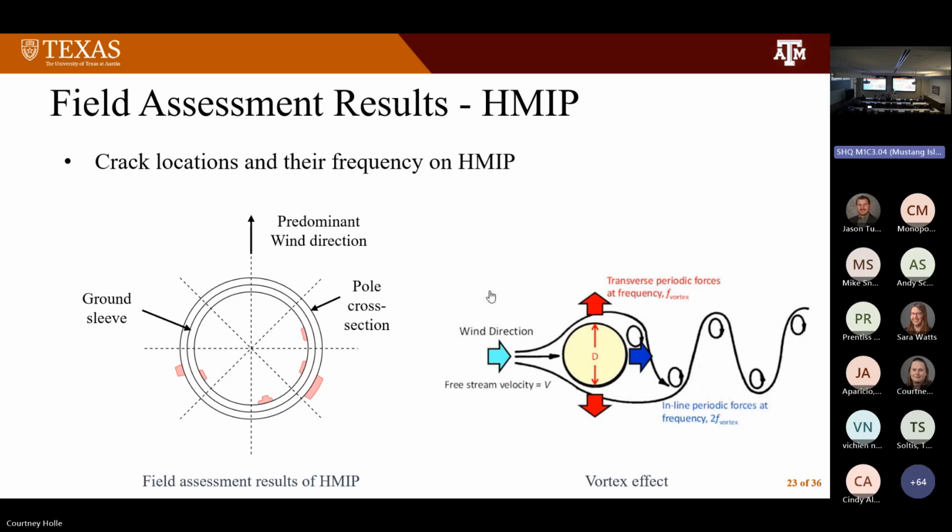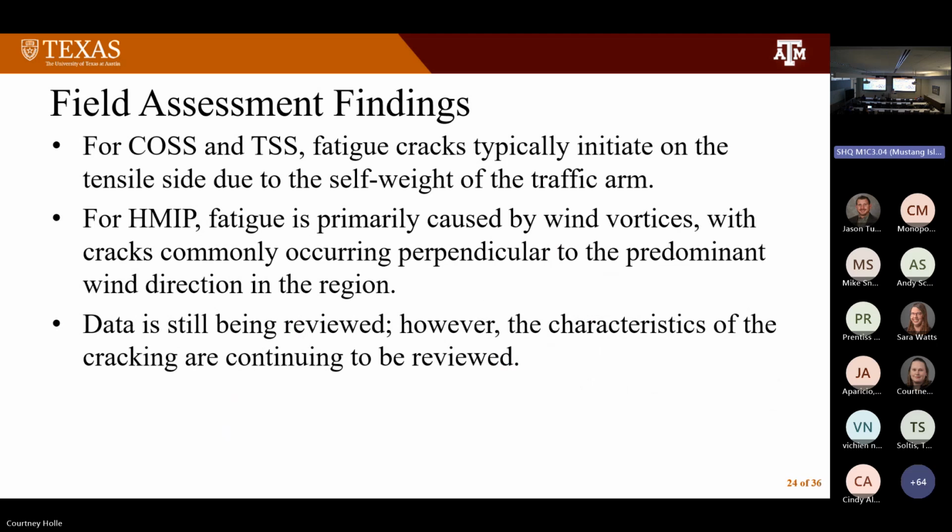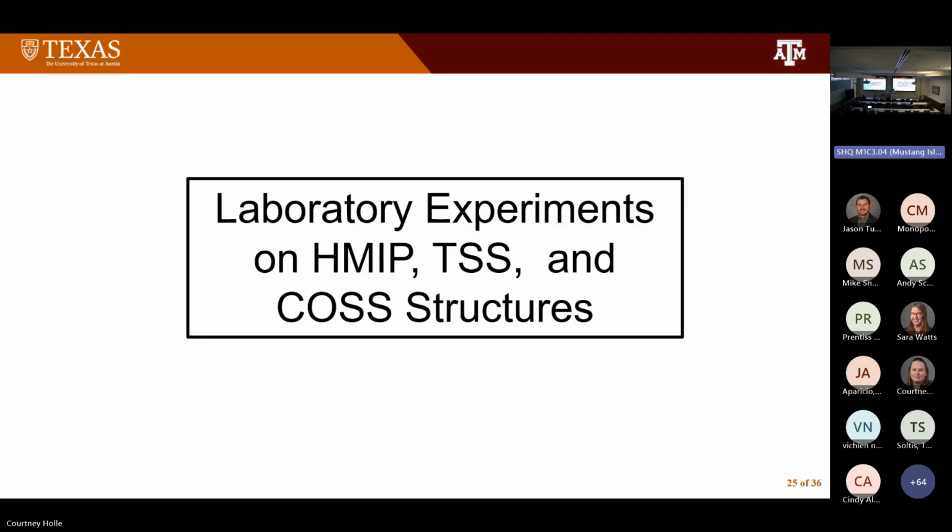So again, we've done all the field assessment. We've got the data. We're still trying to look at the best way to present all of that data in an efficient manner, because we don't want to provide, gee, here, look at 120 distributions, and instead look more statistically, on cost structures, here's what you might have, and try to minimize that down. A&M has taken about half the poles, and we've taken about half, and we're trying to combine both of those systems. So this summarizes what we found to date. This may change a little bit as we look more at the data, at the regions where the cracks we've identified are occurring on the structures we've done.